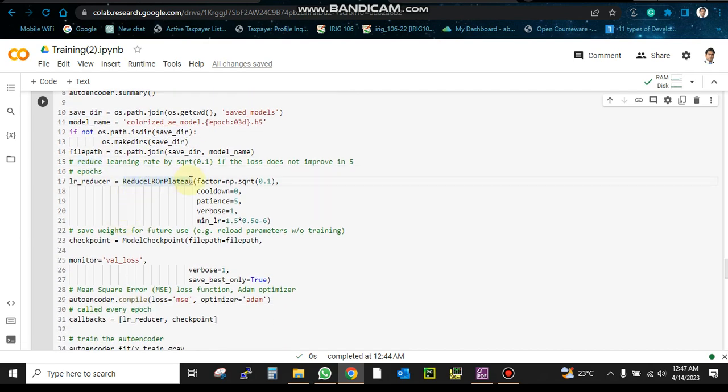And then this is basically a callback, the learning rate reducer. For example, sometimes during training, due to a higher learning rate, the model is not converging, it is diverging. So this will try to reduce the learning rate. So this is the checkpoint. Checkpoint is like the different model parameter values at different states during training. Okay, so for example, when we have